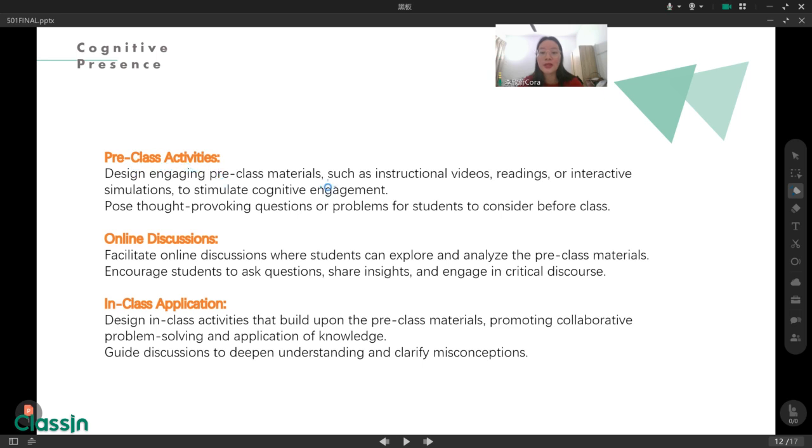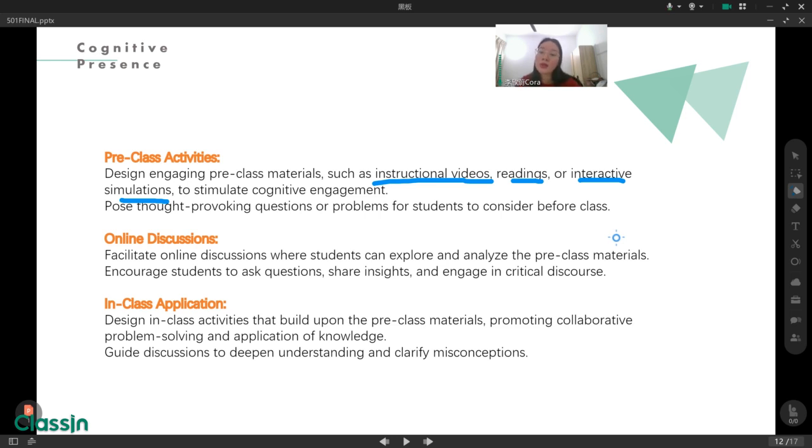We can see some examples: instructional videos, some readings, and interactive simulations. And we can also pose thought-provoking questions or problems for students to consider before class.